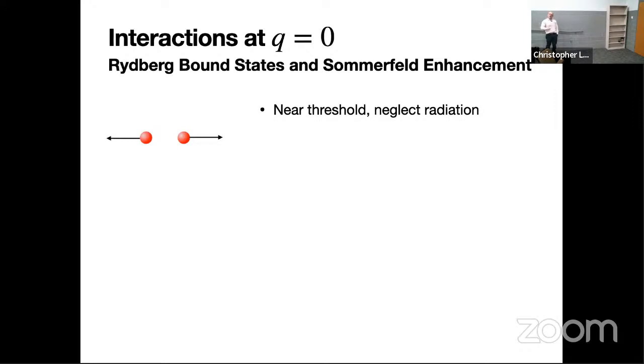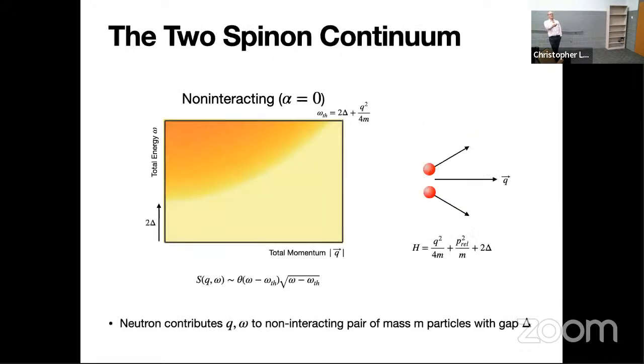So actually, there's all kinds of stuff that happens because of the interactions. I'm doing pair production. So let's just think first about what happens when the center of mass momentum is 0. That means I'm creating these pairs and they're flying directly apart from each other inside the system. If I'm not at too high energy, I can neglect radiation, the little a radiation, the emergent radiation in this. And if I do that, I have a Hamiltonian governing